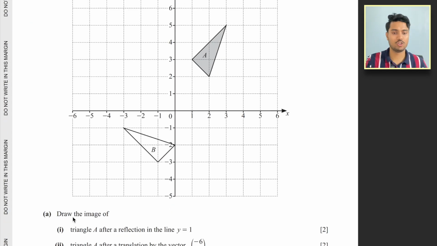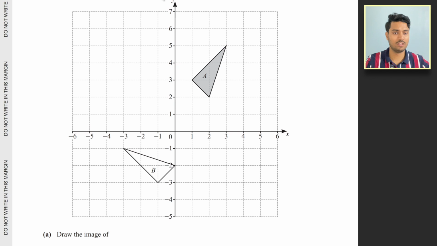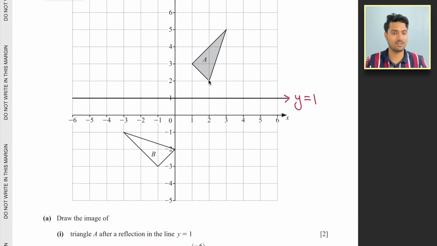Okay, it says draw an image of triangle A after the reflection in the line y equals 1. So line y equals 1 is here. This is your line y equals 1. Now A is here, one unit away from this line. Here, this point is 2 units away from the line, so 2 units here, and this point is 1, 2, 3, 4 units away. So 1, 2, 3, 4 units away here, and then you join all the points,